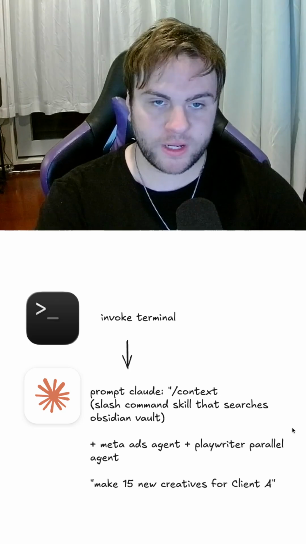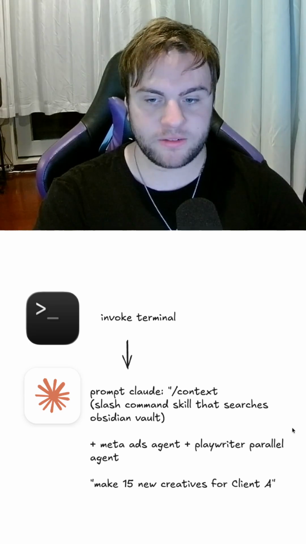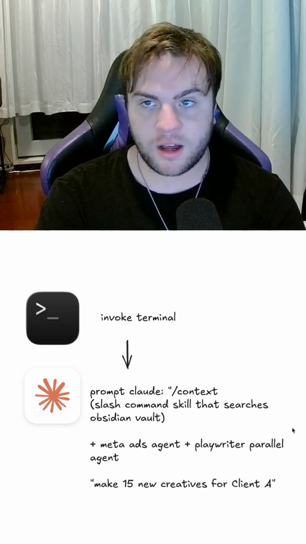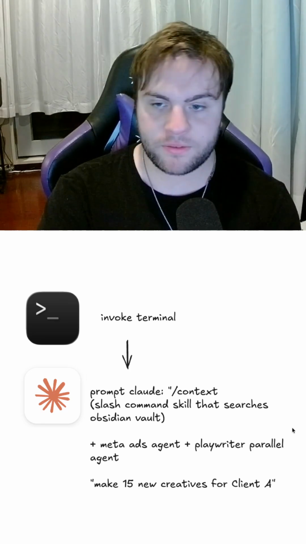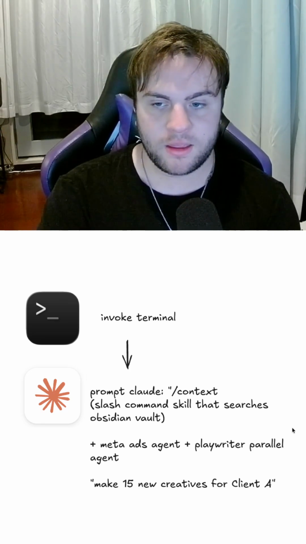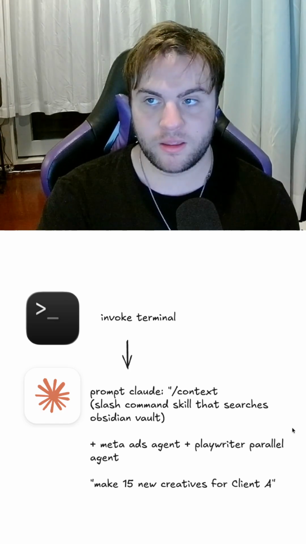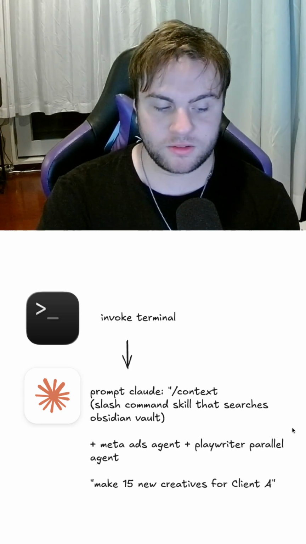And you only have to create that as a skill once, and you just save it to your Obsidian vault. I have a copy of every single one of my skills and agents saved in the Obsidian vault. For example, for client A, I have a client A Meta ads creative skill. So it already knows how to use Higgsfield, how to use that custom Python, how to get the actual context from the Obsidian and my files to go ahead and create